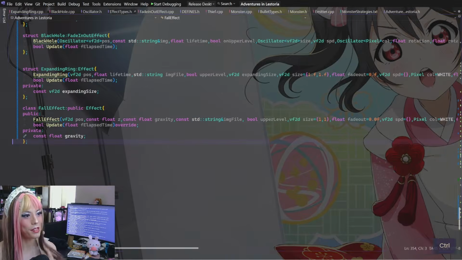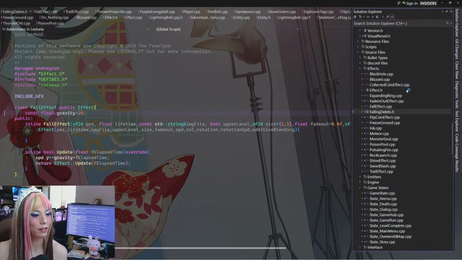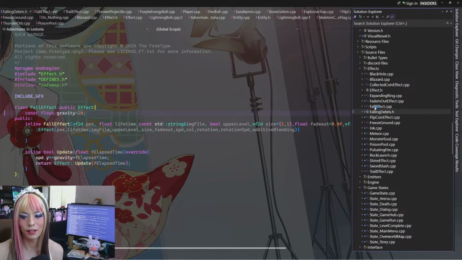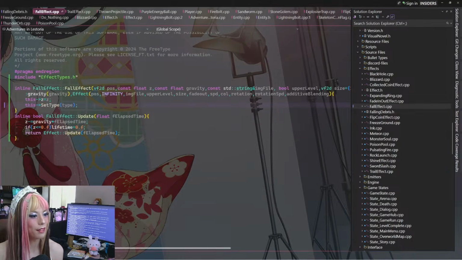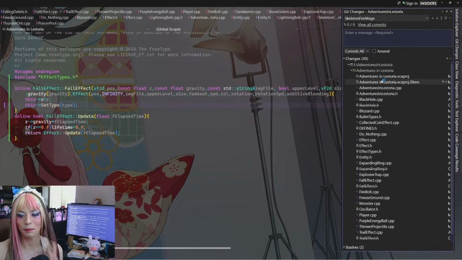So it's been like that for a while, and we are now feeling the repercussions of that. Falling debris. Why is falling debris called fall effect? What is going on? This is falling debris.h and has class fall effect. Wait, what was fall effect.h? Is that just, well, I deleted it, but what?